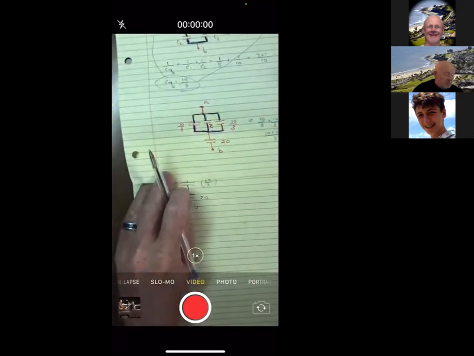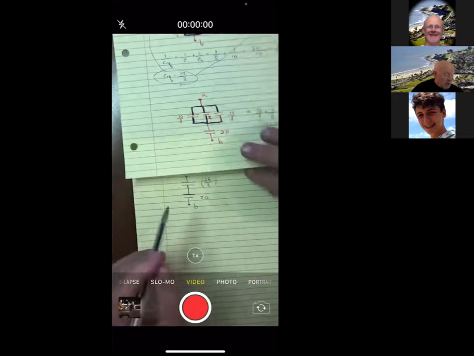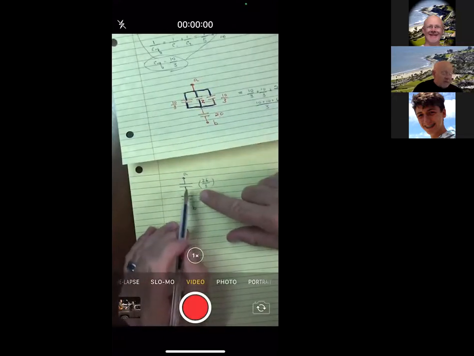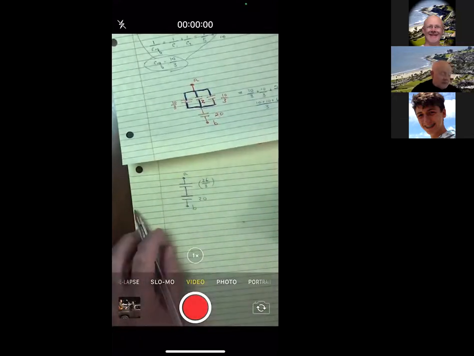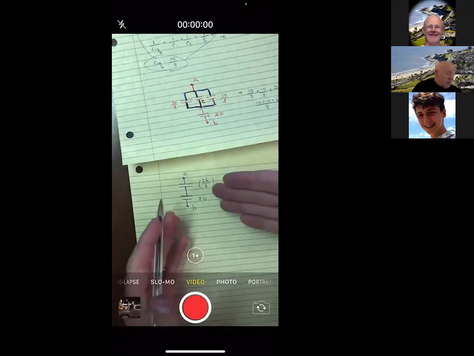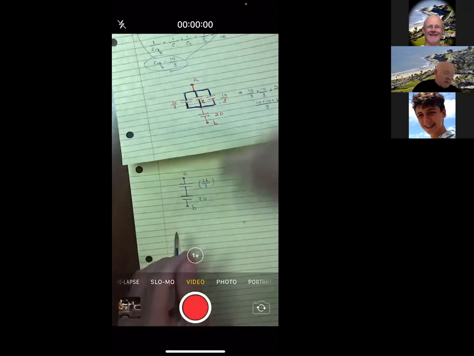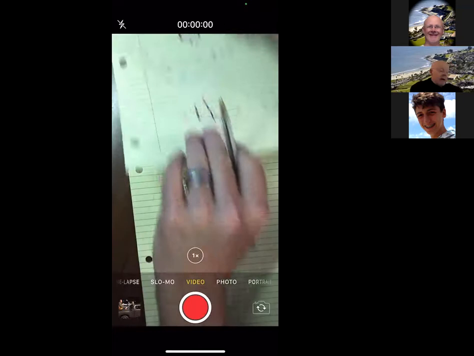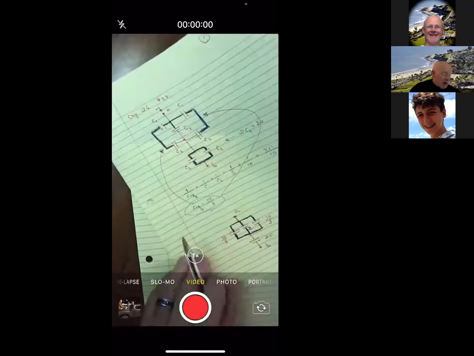Okay. And so I'm going to call this the equivalent of the equivalent. And then finally, I'm going to ask now this one, which is equivalent to this one, which is equivalent to the top one up here. So all these are equivalent